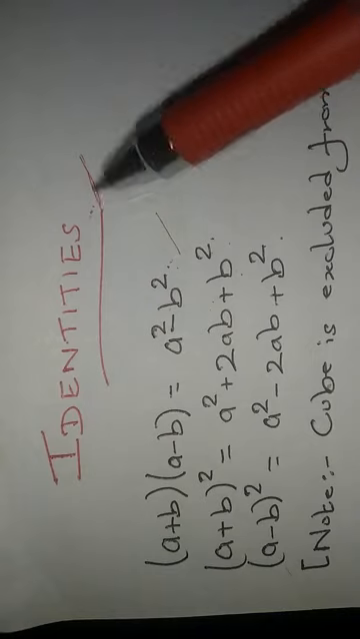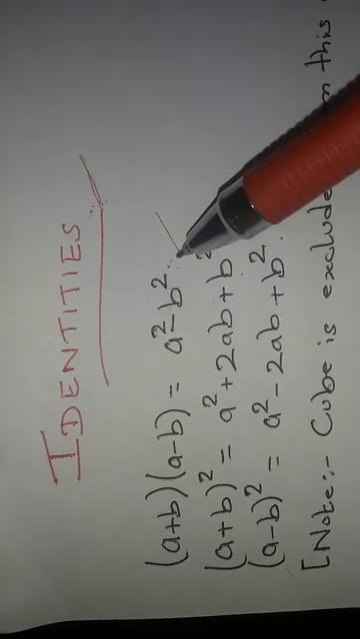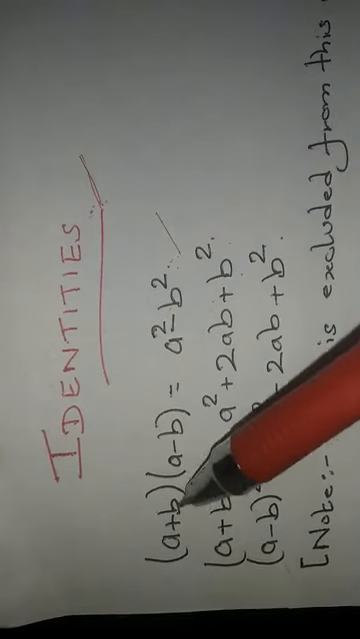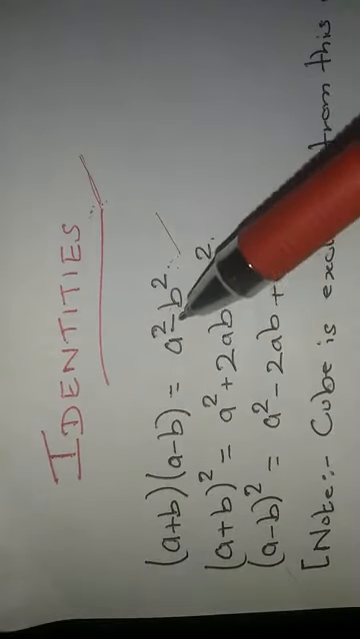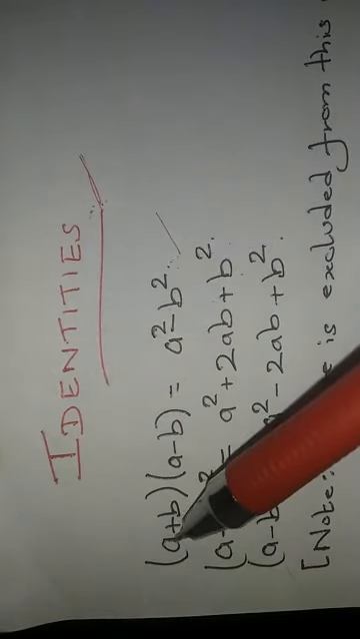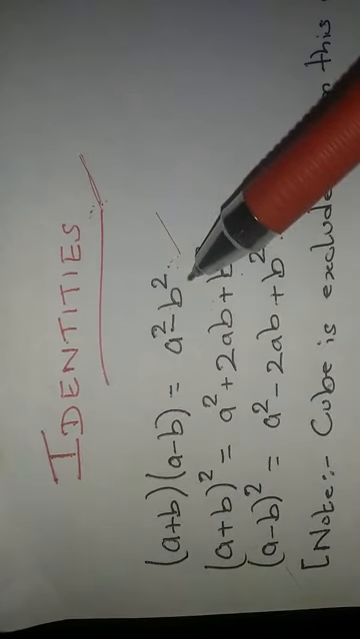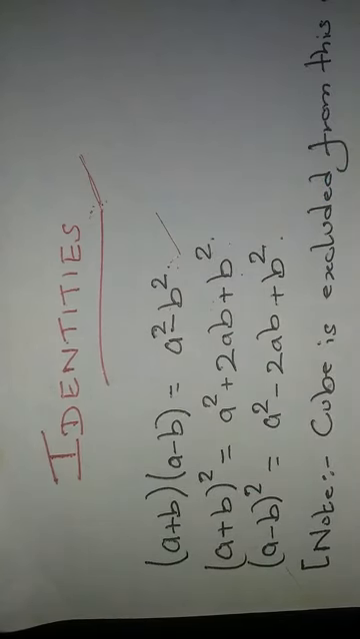So, the meaning of identities: if I have a statement, that statement should hold for any possible values which we can put in that statement. One of the identities which we are going to discuss in this chapter is (a + b)(a - b) = a² - b². This is called an identity because if you put any values of a and b, this equation will always be satisfied. So let us see why